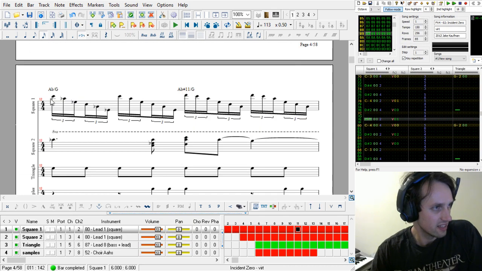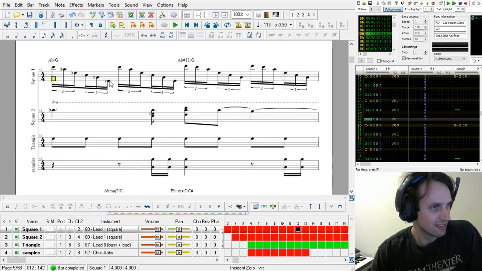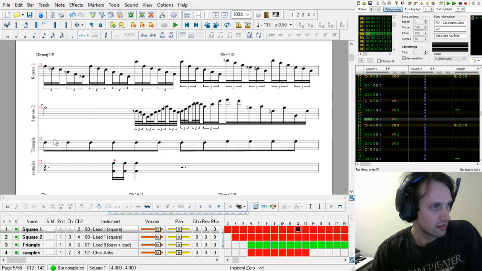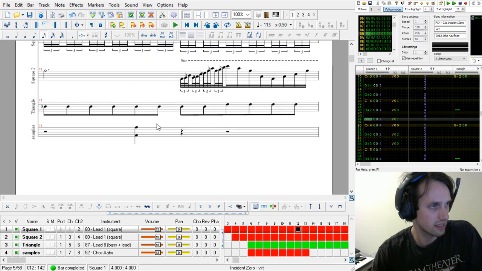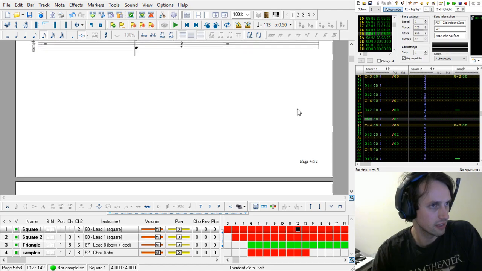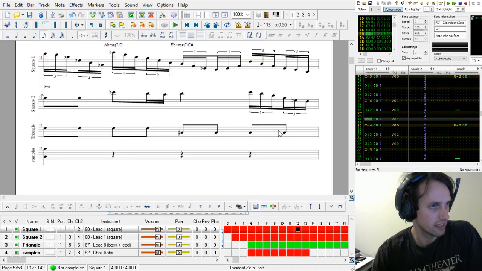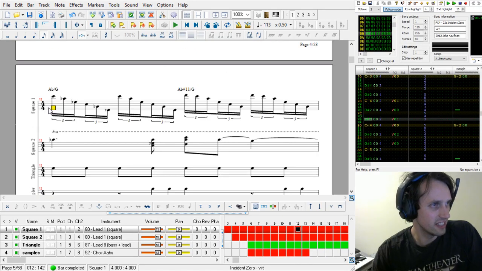Now we get to this. Yeah, here it is, A flat over G chord. And yeah, here's another example. Look at the bass line. You know, 1, 2, 1 and 2 and 3 and 4 and 1 and 2 and 1 and 2 and 3 and 4 and 1 and 2 and 1 and 2 and 3 and 4 and 1 and 2 and 3 and 4 and this is where the sneaky shift to 4/4 happens as well.